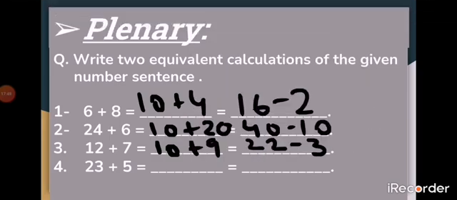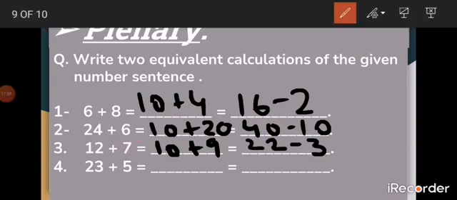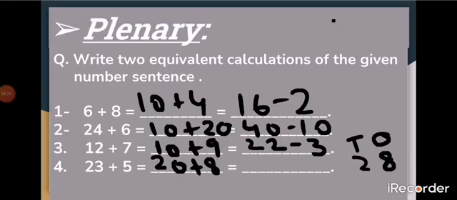Now the last one. 23 plus 5. Again put 23 in mind and count on 5 numbers. And the answer is excellent. It's 28. So I'm writing 28 inside. Remember, if you put the values, your work will be easy. So on the extreme right digit, you will put the ones. And next to the right, you will put tens. So how many tens and how many ones? Yes, 2 tens means 20. And how many ones? 8. So 20 plus 8 is 28.